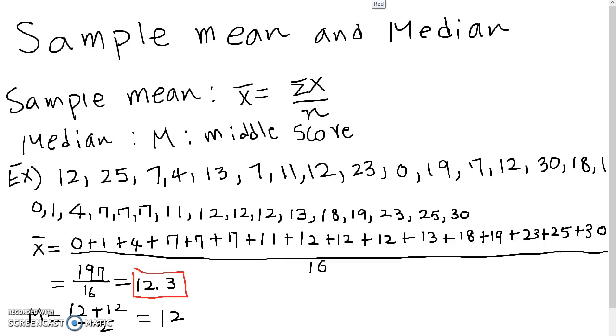Now, if this had been an odd number of elements, then you just select the middle score there. One thing that I want to mention here is that the sample mean is very sensitive to outliers. For example, let's assume that we want to add 1,000 here. So if I add 1,000,